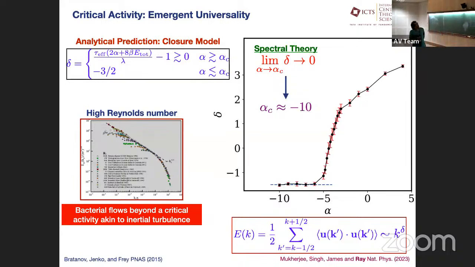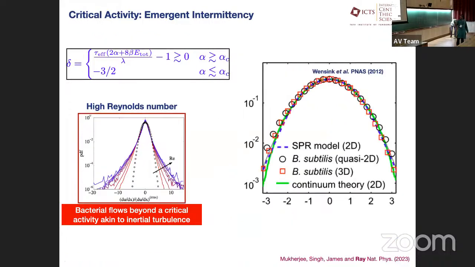All right, what we do see is that from our numerics, the transition seems to happen more at -5 and not -10, which was our theoretical result. We tried our best to see if we missed a factor of 2 somewhere. We didn't find it. So, c'est la vie. All right? Good. So, what happens to intermittency?